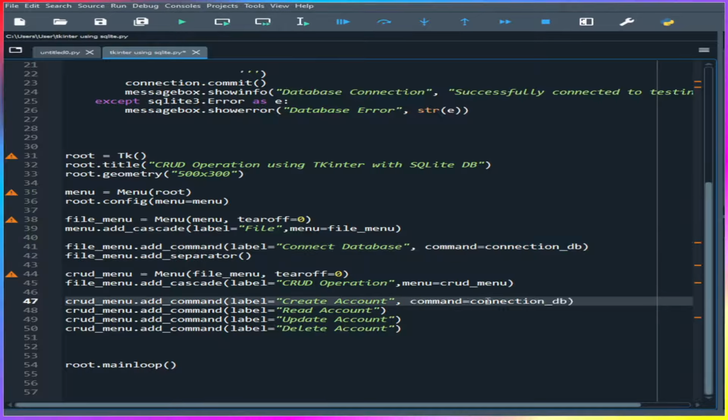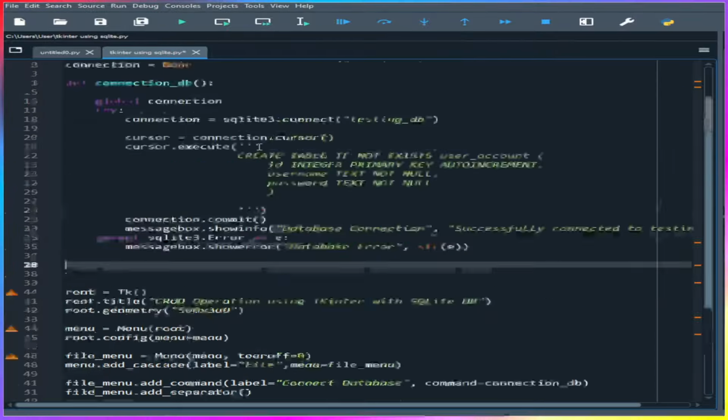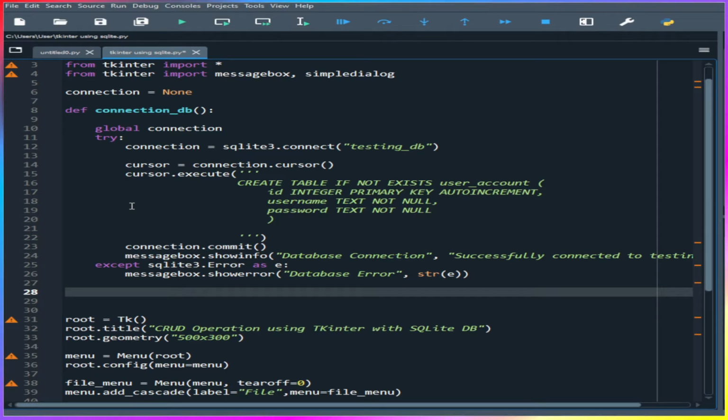This one will execute the function that is linked. We'll create a function, create account, and we will now create our functions here after establishing the connection to our database. So here, def create account,